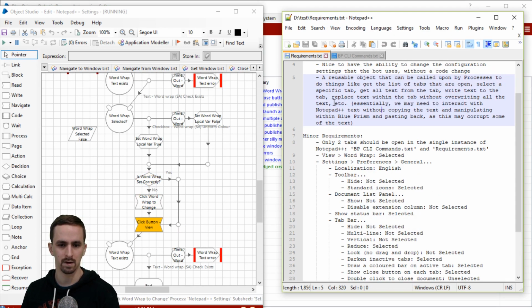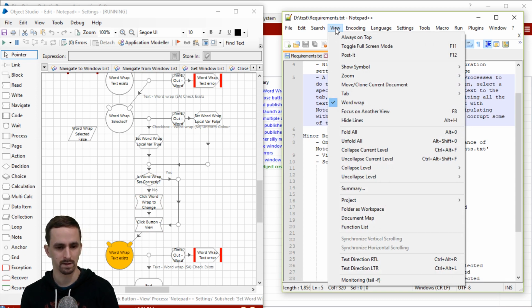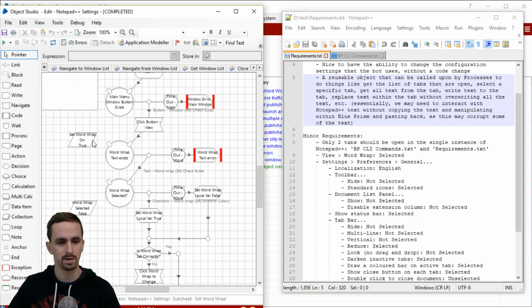Is it set correctly? No. Okay, well, we need to select it. Ooh, that was fast. Click word wrap to change. Click view button. Oh, okay, so it worked. Cool. If I change this to, say, false,